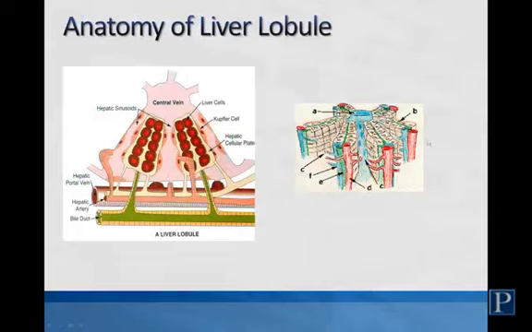So if I draw around here, it's like a hexagon shape. And they're arranged around a central vein, which you see here. Here you only see a portion of the lobule, so you have the central vein. Now remember, when we discussed bile production, I said bile was produced by parenchymal cells. Well, the hepatocytes, the primary cell type in the liver, are hepatic parenchymal cells. These cells, which you see here, make up what we call cellular plates. One of the things they do is make bile,